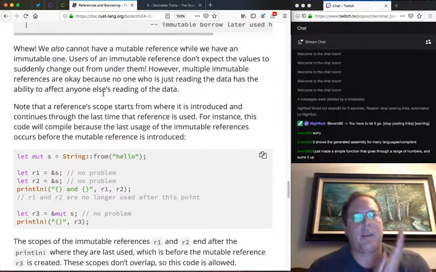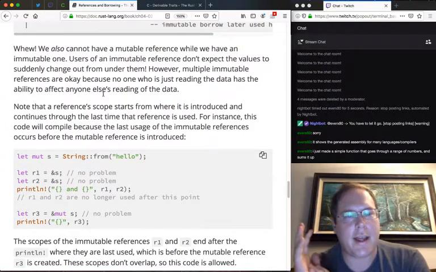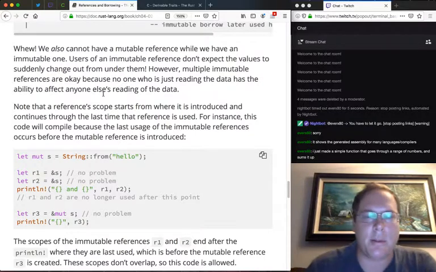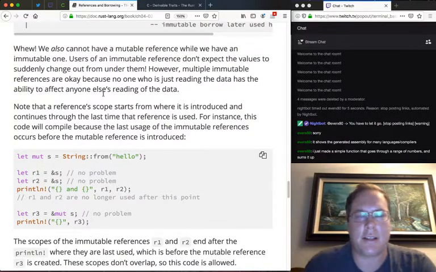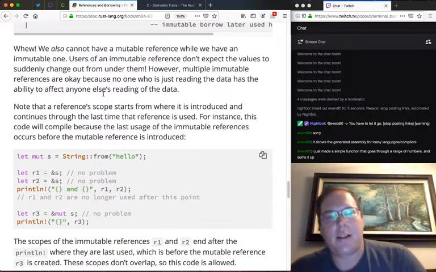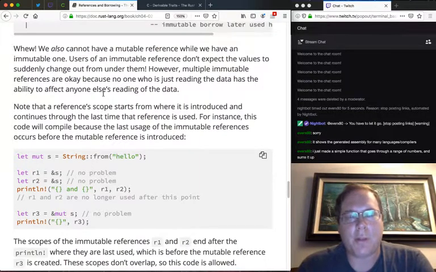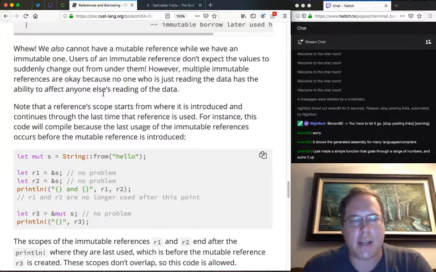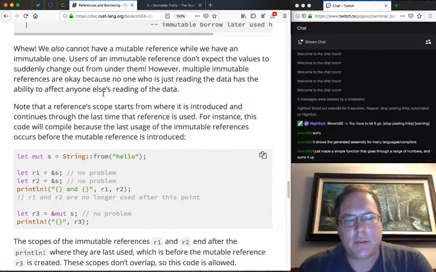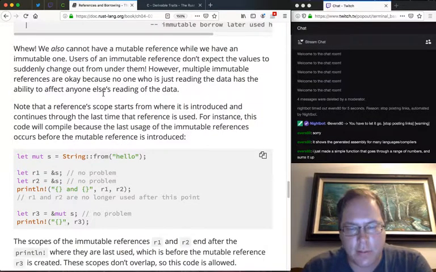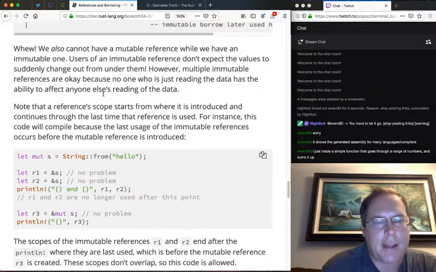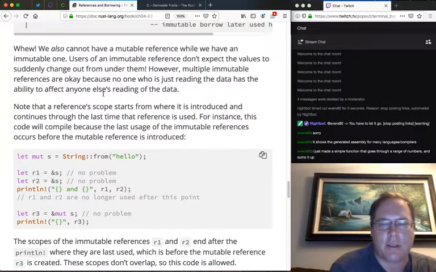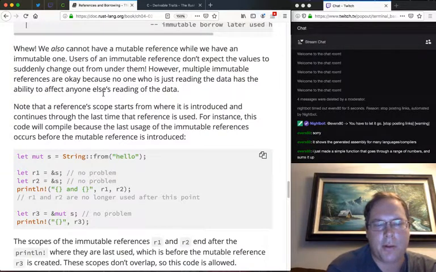Okay. We also cannot have a mutable reference while we have an immutable one. Users of immutable references don't expect the values to suddenly change out from under them. However, multiple immutable references are okay because no one can change the data. Note that a reference's scope starts from when it is introduced and continues through the last time the reference is used. For instance, this code will compile because the last usage of the immutable reference occurs before the mutable reference is